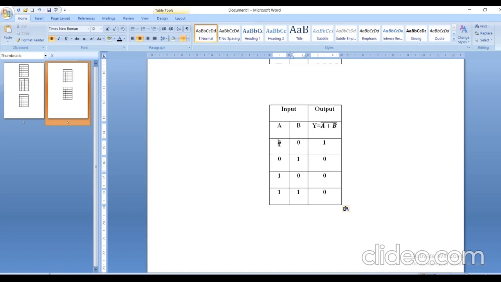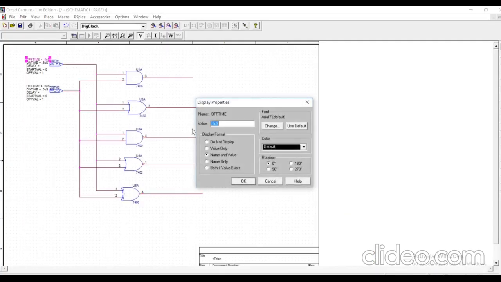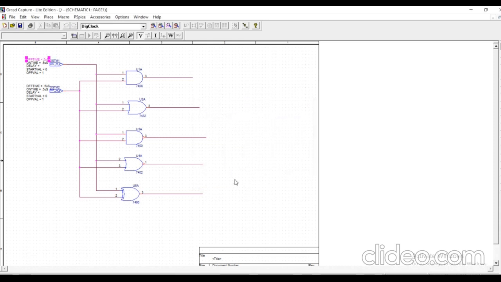As I said earlier, for two time instances or for two time units, the input has to be 0 for A, and for two instances, the input has to be 1. Then for B, for one time instance, input has to be 0, and for the next time instance, the input has to be 1. How to implement this in digital clock? Here we have off time. I already said for A, it has to be 0. Off state means that is 0, on means that is 1. So for 2 units of time, A input has to be 0, and then it has to get on